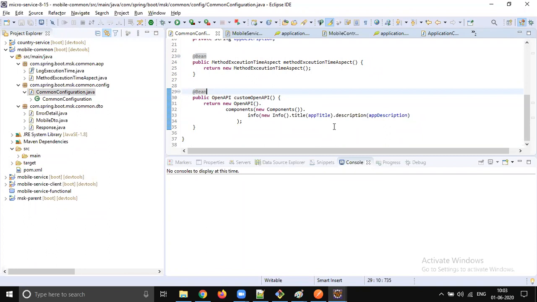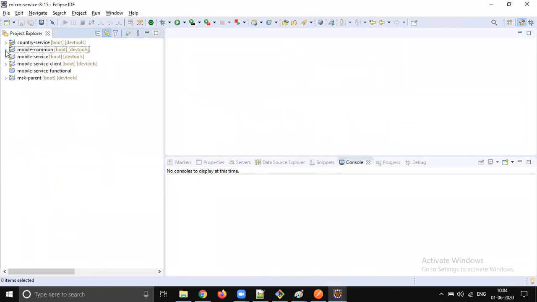So that's how the parent and common libraries are going to be managed. We need not duplicate this functionality in all microservices. Just do it in one place called common, and it can be shared across multiple services.